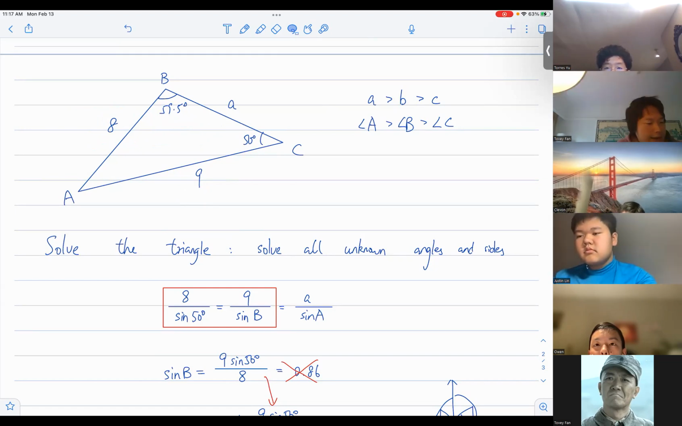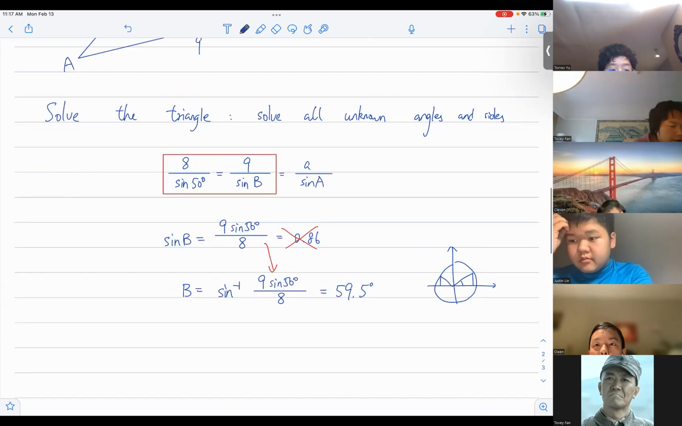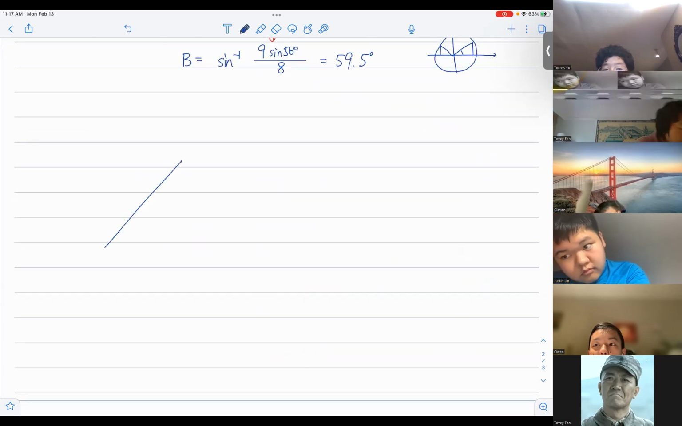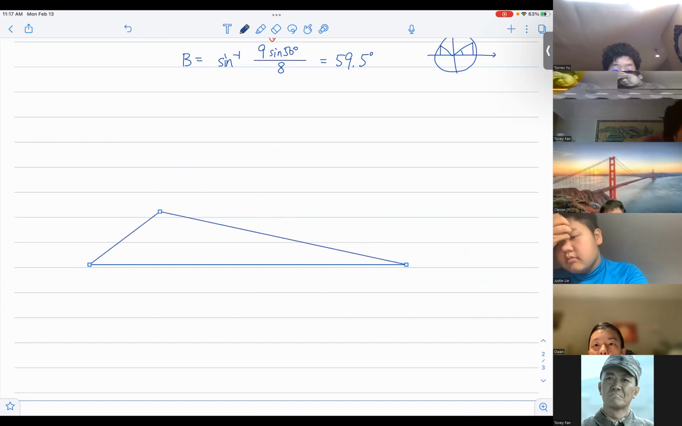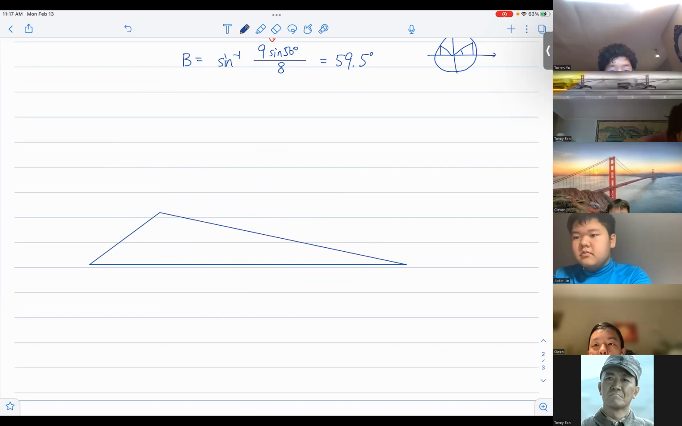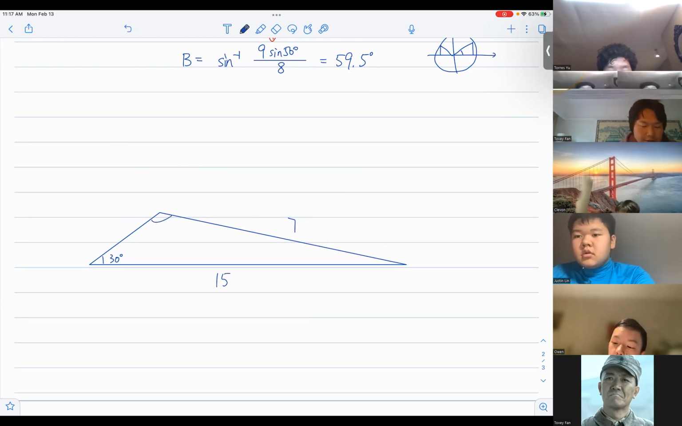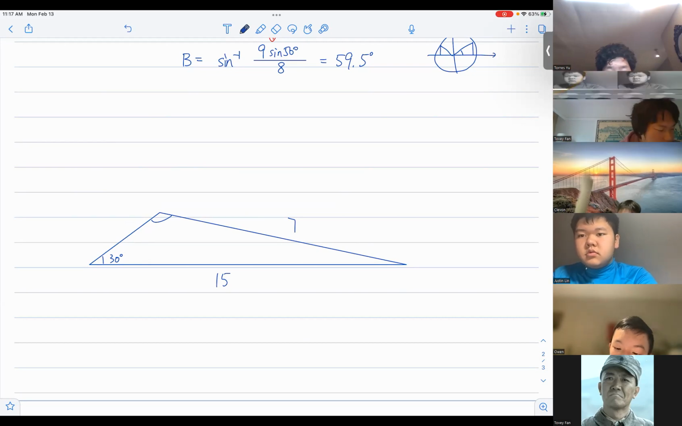Okay, now you might have another case. Let's say we have another case here. Let's say that we have this. Let me draw one. Okay, let's say we have, say this is 30 degrees, and then we have maybe this side is 7, this side is 15, and there's an angle here, right? Okay, so if you use inverse sine to find out that angle,